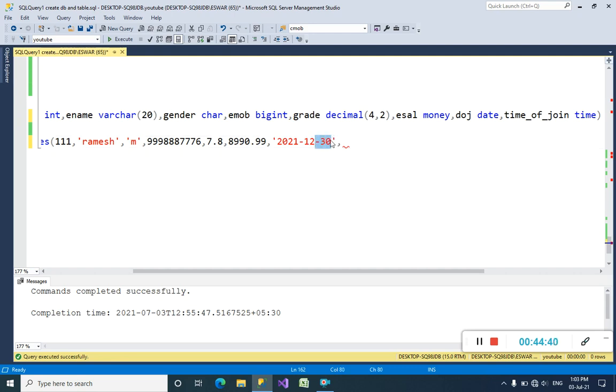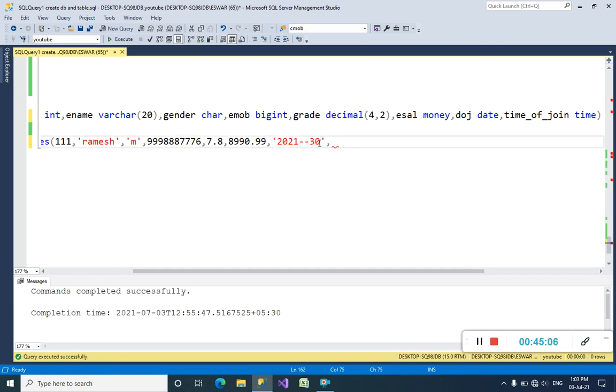That's why we have to follow this rule only. Also I will tell you how we can insert the current date. We cannot write the whole date like here; we can use a single function. By using a single function we can insert the current date. Okay.